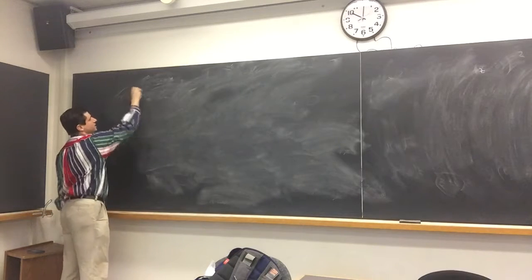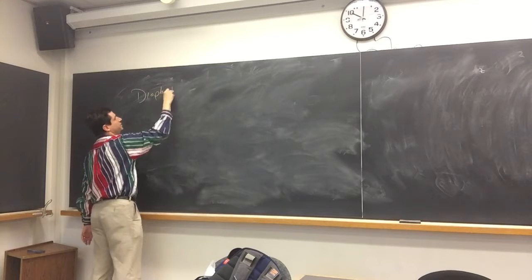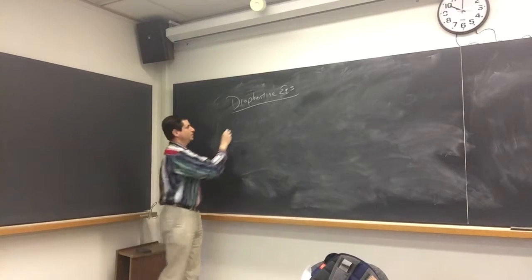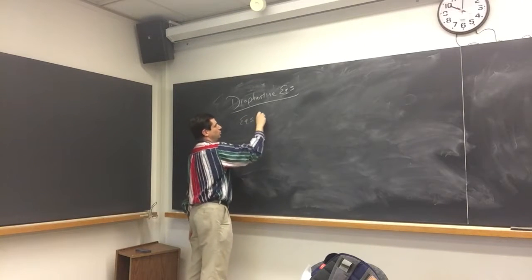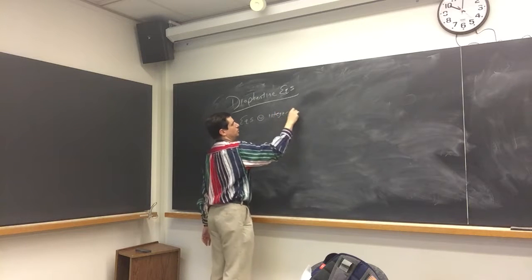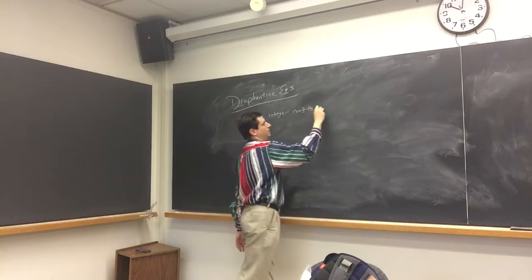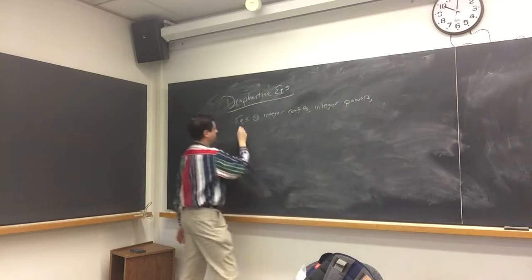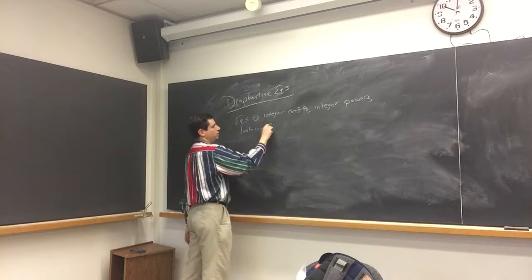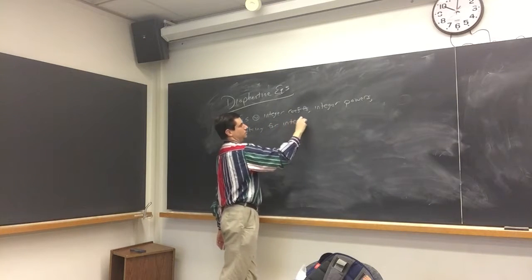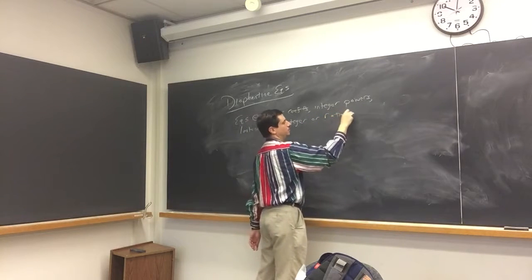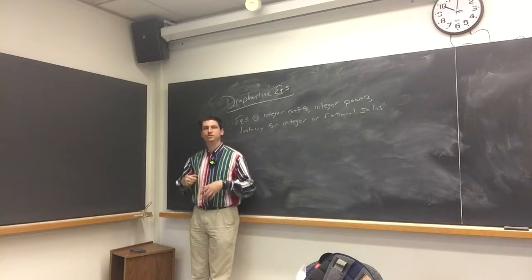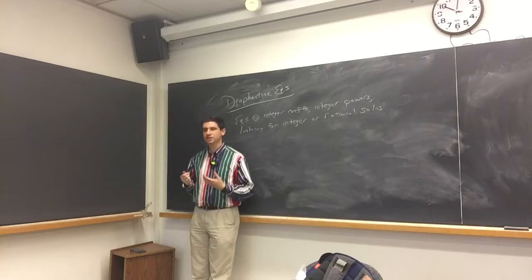Okay. So the idea is to look at what's called Diophantine equations. What we're looking at is equations with integer coefficients, integer powers, and looking for integer or rational solutions. So can someone give me an example of an equation with integer coefficients, integer powers that we've seen before